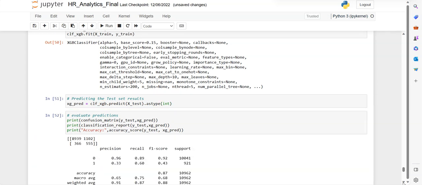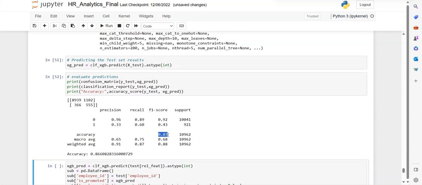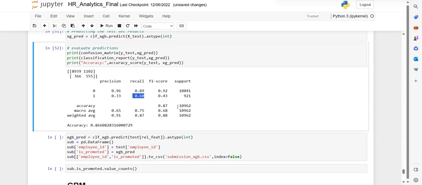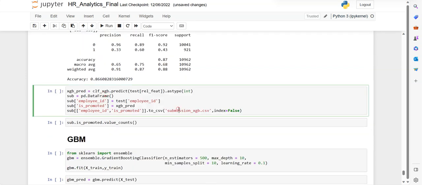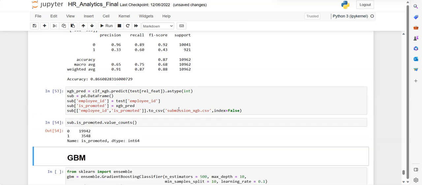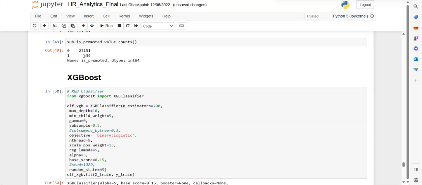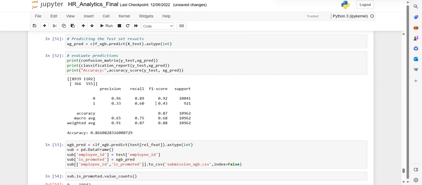When we are evaluating, the accuracy is 87%, decreased, but the recall score is better when you compare with the previous model. It is 60%. So this model is better than the random forest because it is somewhat giving correct predictions in case of class 1. Then making the submission using the XGBoost algorithm, then getting the count. You see the number of values increased in case of class 1, whereas here we just had 339 more, and in the 0 class 23,151, that is decreased here